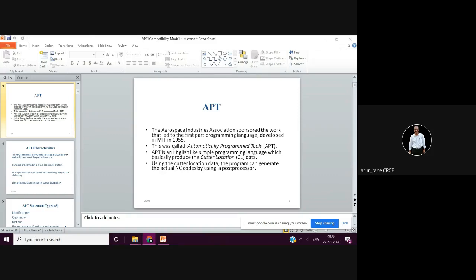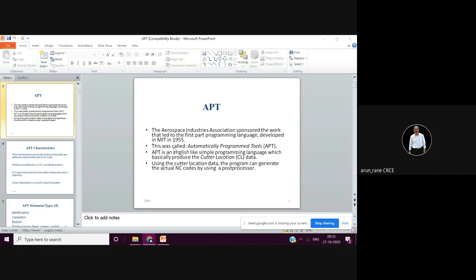But the APT file is the same as I showed also in the practicals. Whenever you are doing toolpath simulation, at the bottom you must have noticed the verify toolpath option, and just next to that there was an option called list. Whenever you click on list, you get the APT program which is generated immediately. The APT program consists of statements like go to, from, up, down, line, circle.